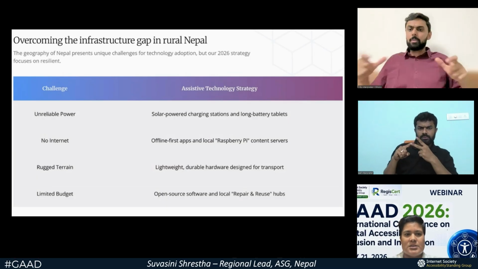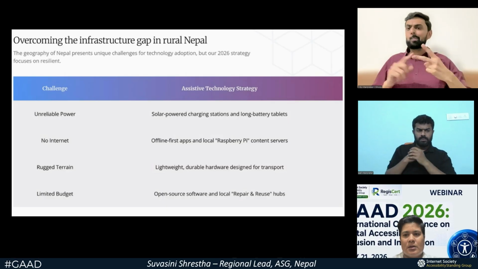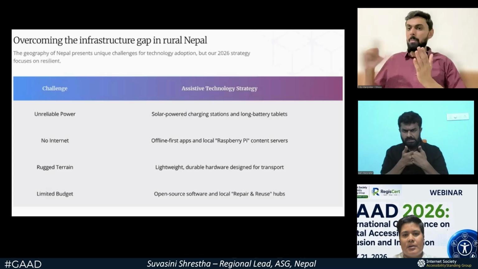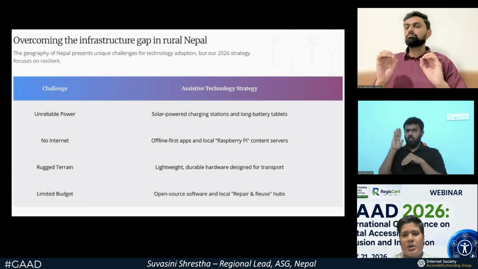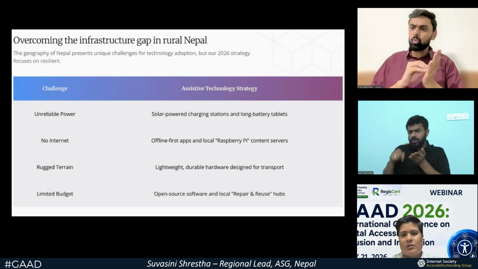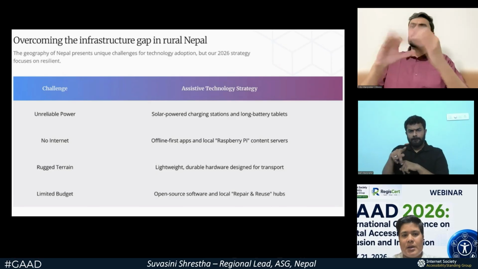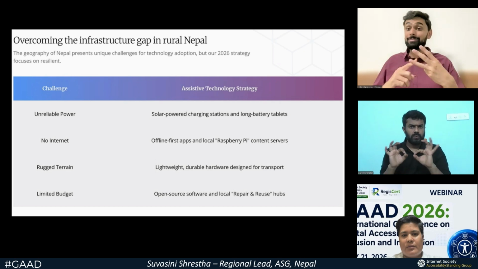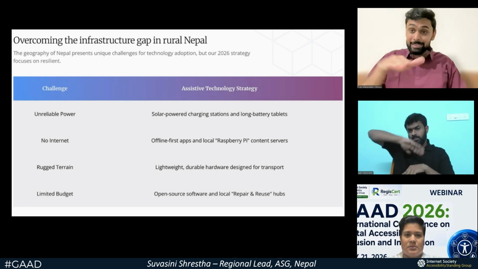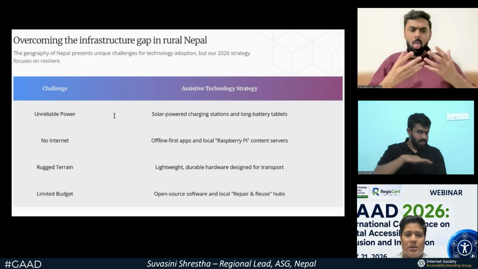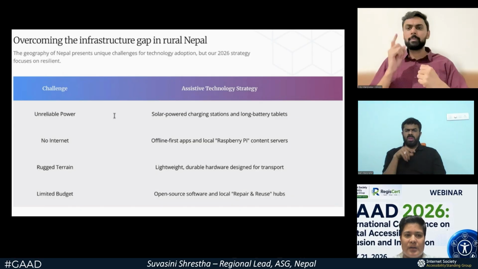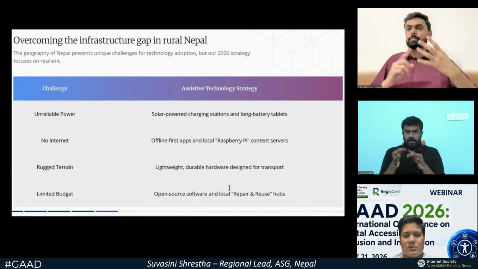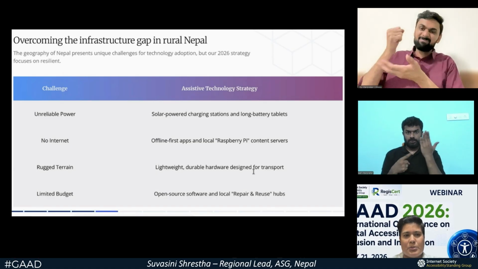Another challenge is that there is no internet in the rural areas of Nepal, so we can use offline apps and local Raspberry Pi for the applications. And due to the rocky terrain of the country, lightweight, durable hardware design can be used in place of heavy hardware devices. And due to the limited budget in technology, open source software and local technology can be used.